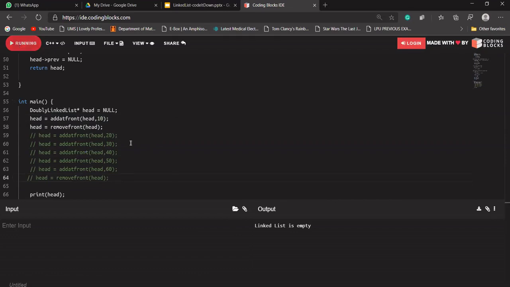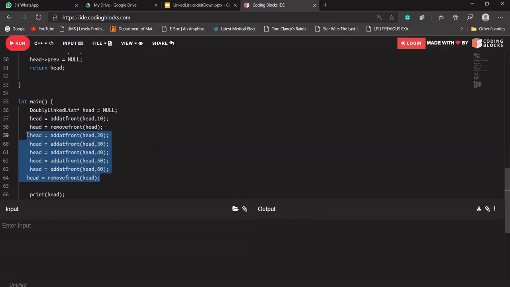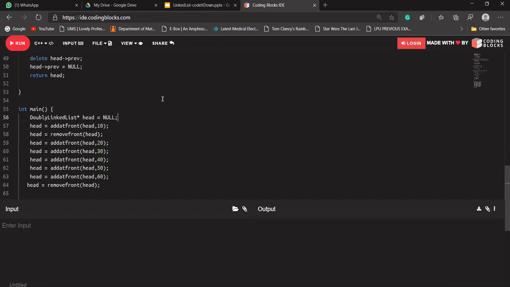Let's run it now. It should not print anything, because there is nothing in our linked list. Okay, it is not printing anything. I hope you all are getting it. So should we move further? Okay, I'm giving you 1 minute. Please reply on the group chat whether you're getting it or not.